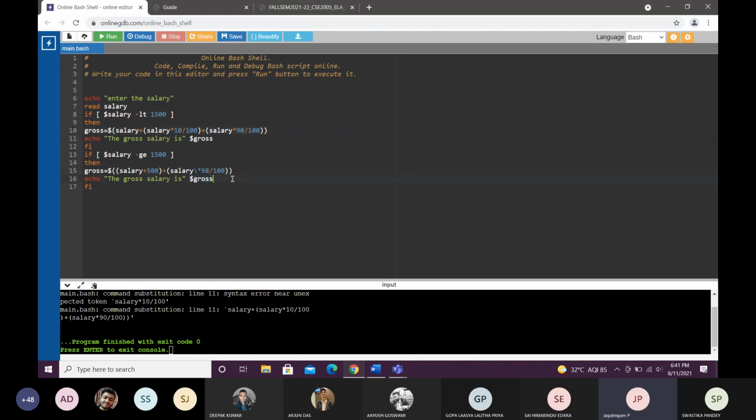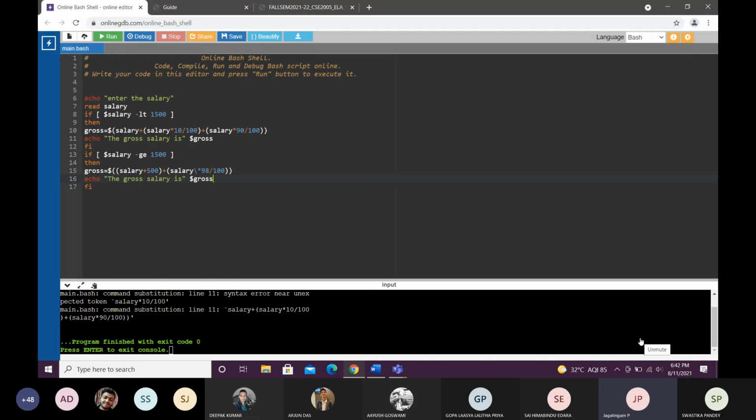So the problem is in line 10, there is a bracket. Sir, in the previous problem, you said that you used backslash after salary, so that might be the error. After salary, we use the multiplication symbol, right? Before that, you used backslash. One second, let me go to the previous program.